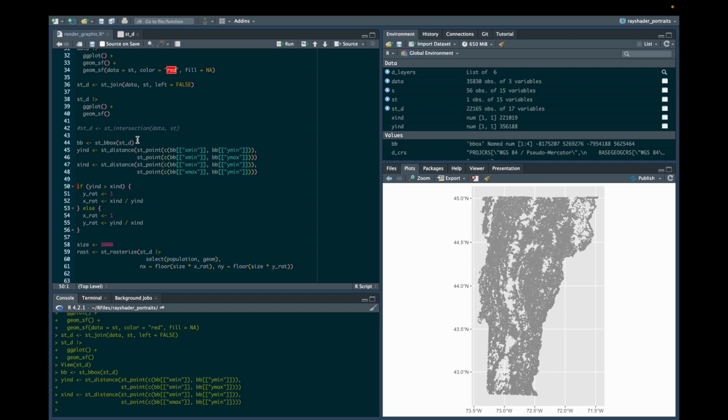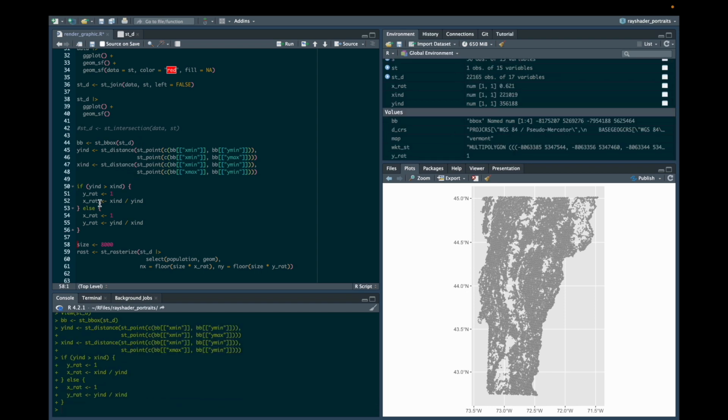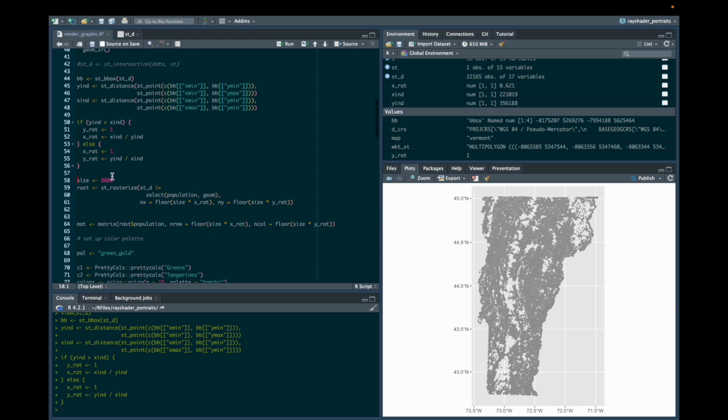So if we do that, then we define the x ratio and the y ratio. The way that I have this set up is whichever one is longer will be 1, and then the other one will be less than 1, some number between 0 and 1. And you can see here that number is 0.621. And now that we have that aspect ratio defined, we will define the